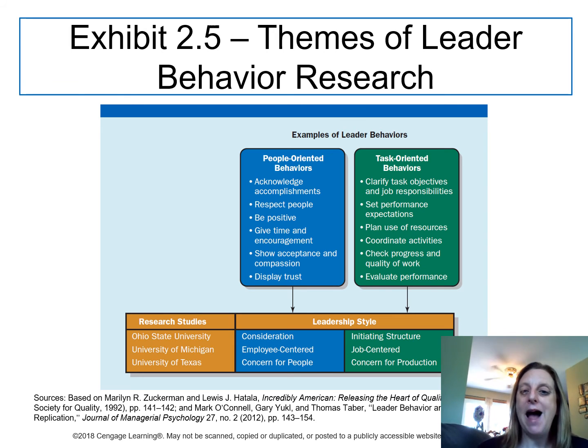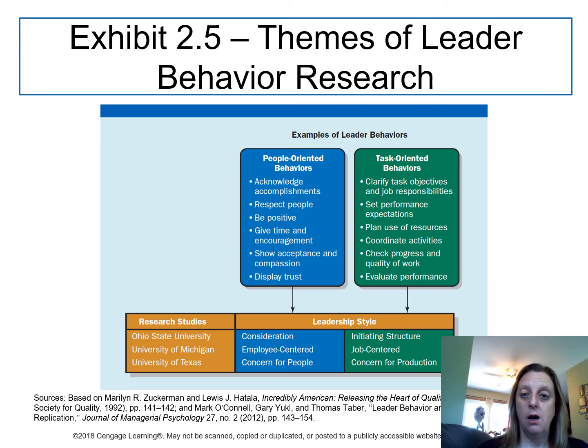And then there's impoverished management, which is the absence of leadership, basically. So leaders exert very little effort toward interpersonal relationships or work accomplishments. So whatever happens, happens. There's not a lot of direction, and therefore there's not a lot of achievement, or goals aren't being met because there's not good leadership.